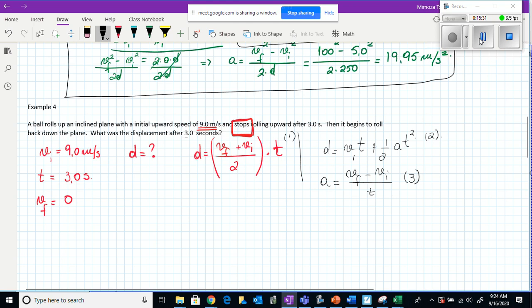So through equation 3, we find the acceleration, and the value of the acceleration we substitute into equation 2. And this is an amazing way of thinking, especially if you are